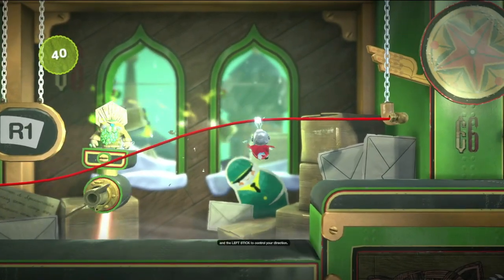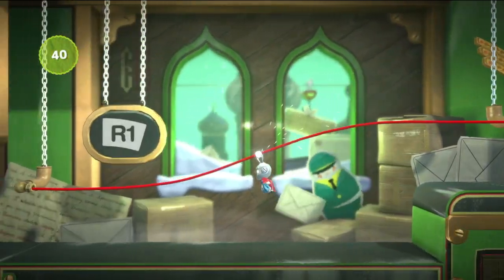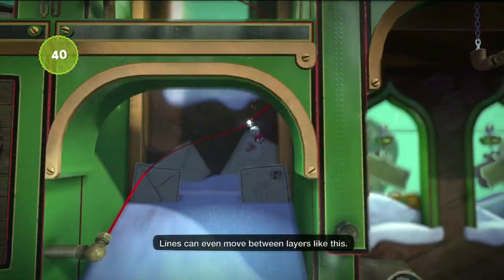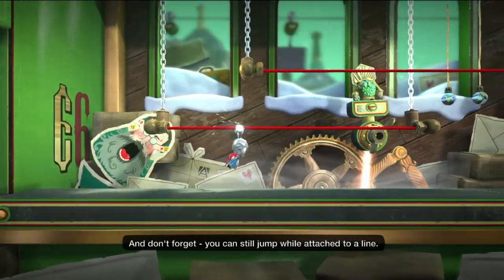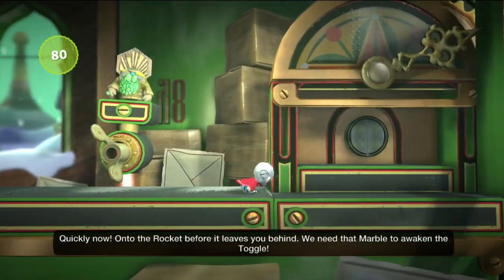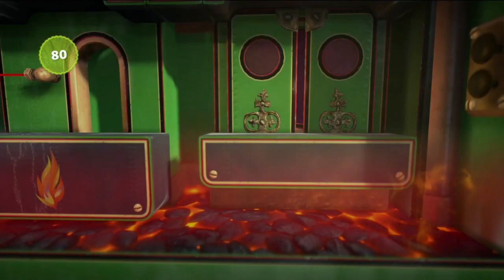talking stick to about? control your direction. I don't know. Oh, wow. sorry. So you can say R1 and left stick I was now, literally but just you about to can't say that. action button? Yeah, action button has to be X, but you can say R1 even if you can change the whatever that button it would actually be. I'm glad we were Lines can both even upset. move between layers like this. I'm glad we Just both keep only holding the realize R1 now. button I'm and don't totally forget gonna realize you it can in the first still episode. jump while attached to a line. Just press No. quickly now. On Wow, to the rocket the before it audio leaves is you like behind. adapted We to need like that where marble he's to in reference awaken to the oh, there he dog. goes. If we need to look at